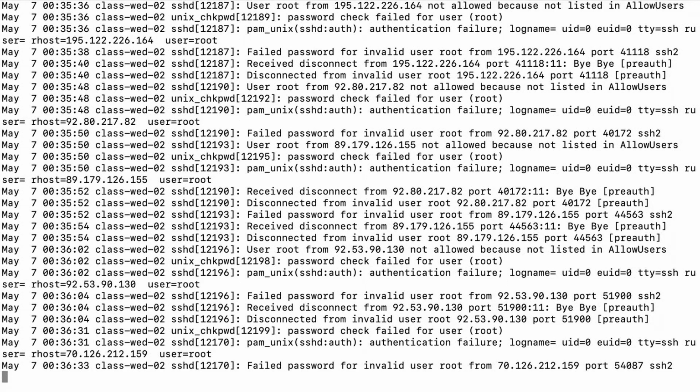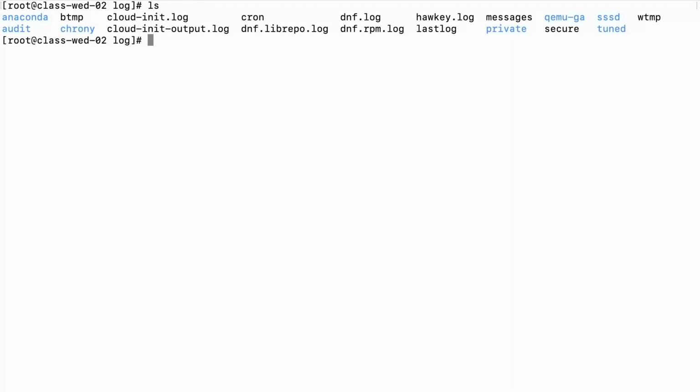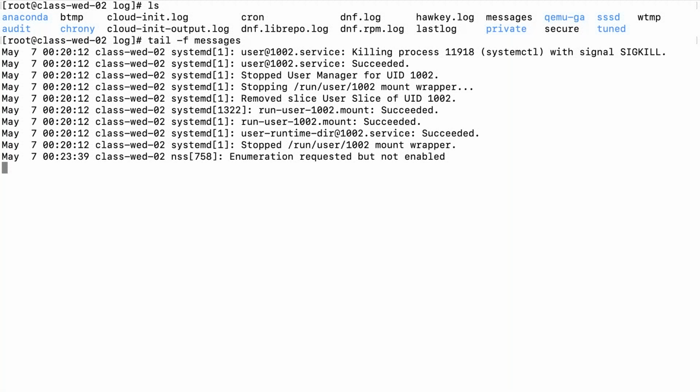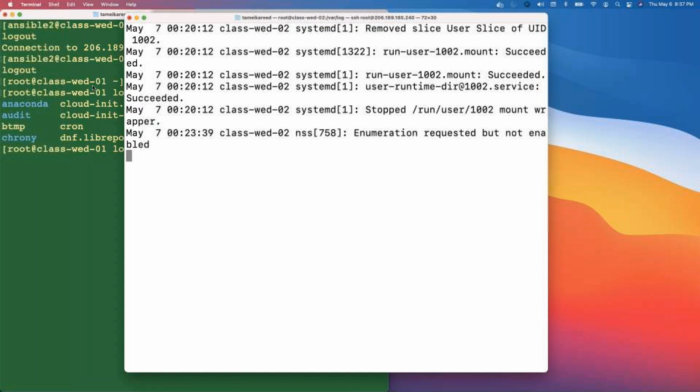All right, so we see what secure is, right? So now let's look and see what messages is. Let's do a tail -f on messages. Now, when you go to install packages, oftentimes you'll see packages come up inside of here. So let me pull up a terminal I have here. Let me see if it popped up over there. Yeah, it's in the background over here. Let me grab it,